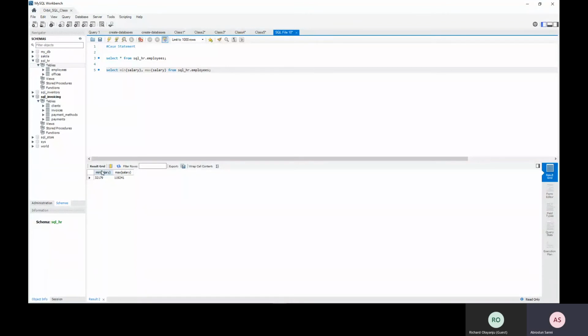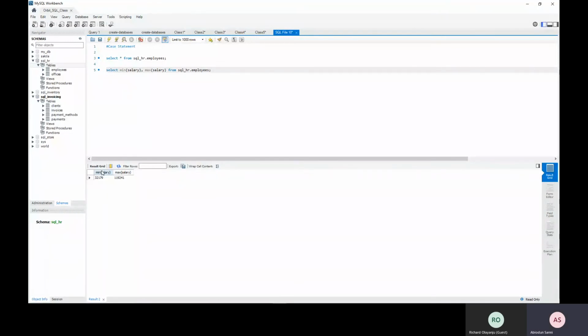So let me say the minimum is 30,000, for example, and the maximum is 120,000. People in the range getting 30,000 to 60,000, for example,